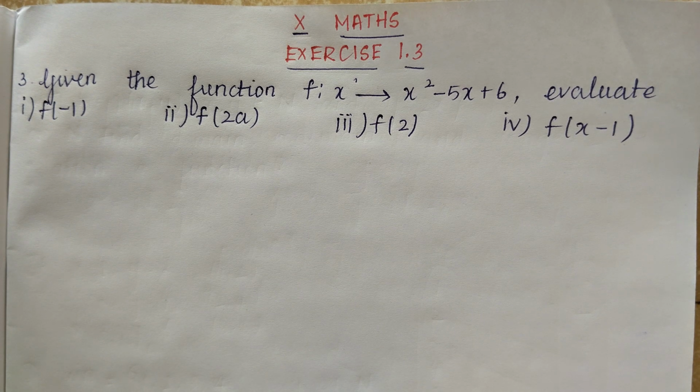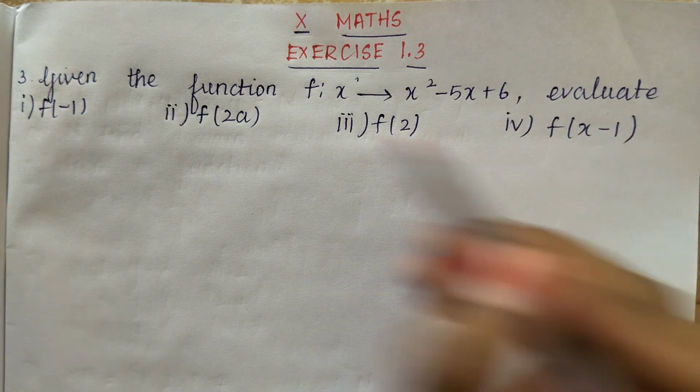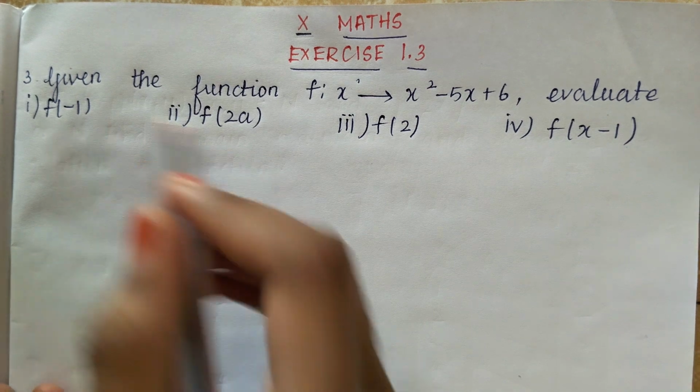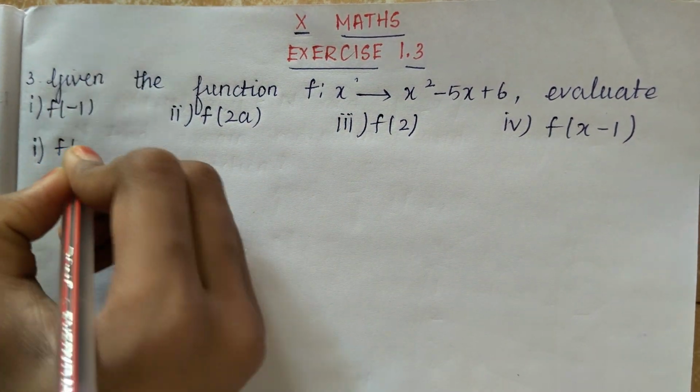இன்னைக்கு நம்ம பார்க்க போகிறது 10th standard mathsல exercise 1.3ல third sum. Given the function f of x is equal to x square minus 5x plus 6. Evaluate f of minus 1. So first subdivision பண்ணலாம். f of minus 1 is equal to